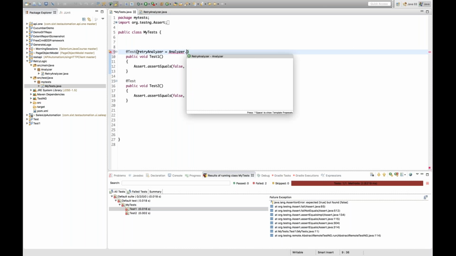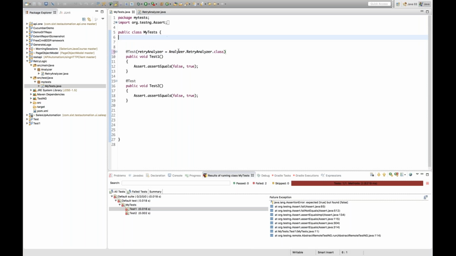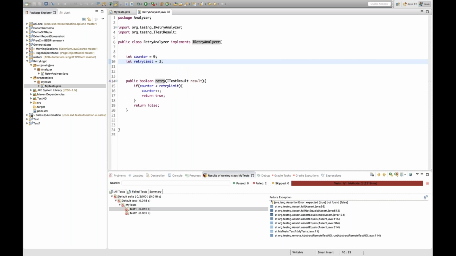analyzer.RetryAnalyzer.class. What was my package name? My package name is analyzer. You can see that the package name is analyzer. So here I'm going to tell my TestNG where exactly my retry analyzer logic is written, that this is my retry analyzer logic, written in this particular